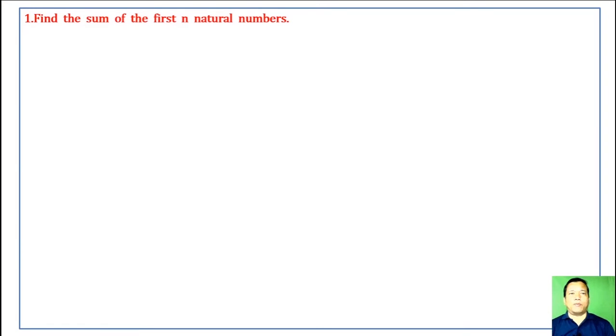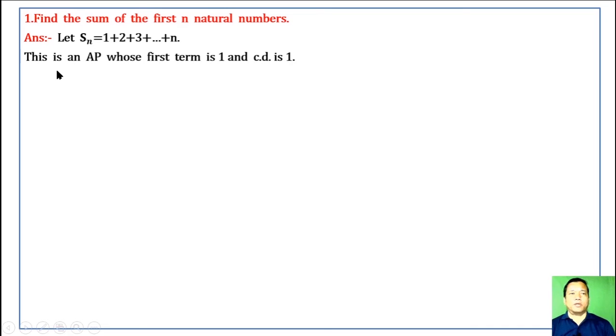One. Find the sum of the first n natural numbers. Let Sn equal 1 plus 2 plus 3 plus up to n. This is an AP whose first term is 1 and common difference is 1. Using Sn equal to n by 2 times of twice a plus n minus 1 times d, we get